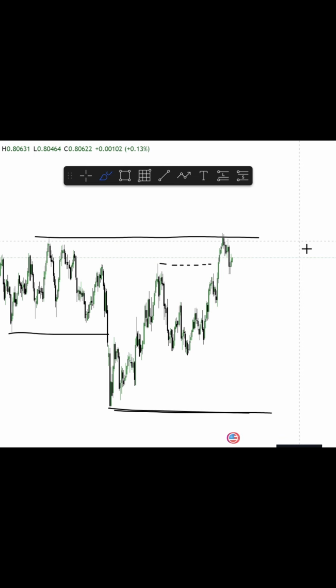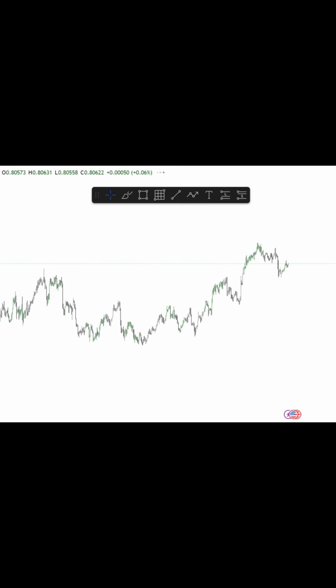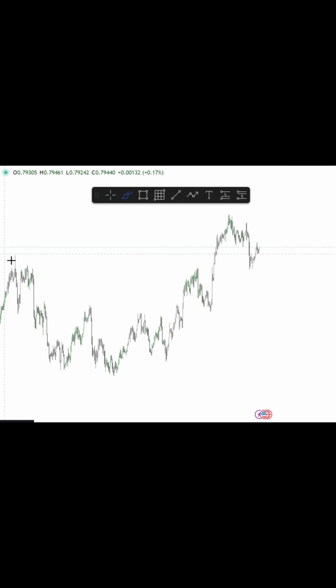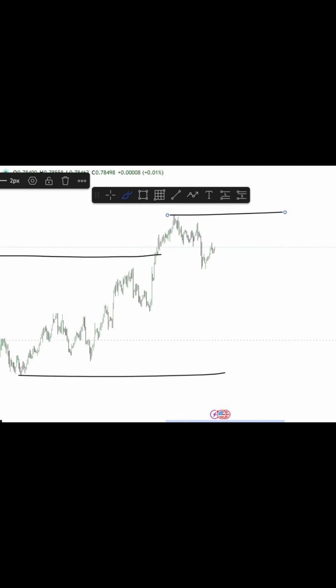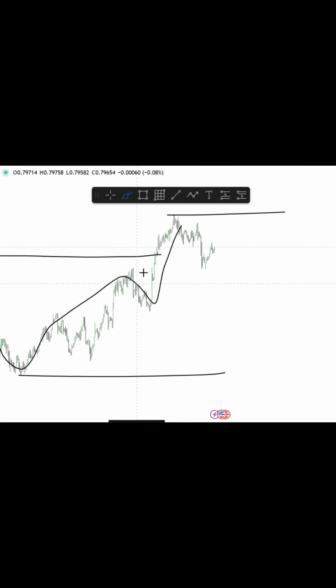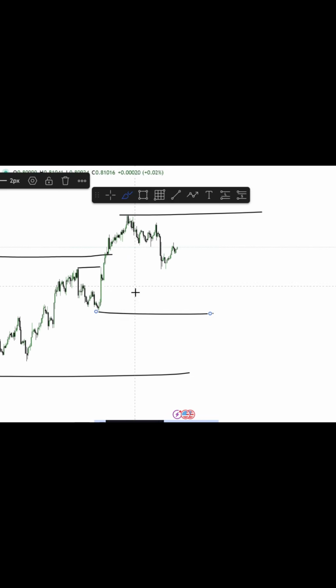If we go down onto the 4-hour time frame, what we can see is that we are still bullish. We've had the most recent 4-hour break here. This is our swing range. Even on the internal trend that's been pushing price towards the upside, we can see it is still bullish. Our most recent internal break is here. This is the current swing range of the internal.